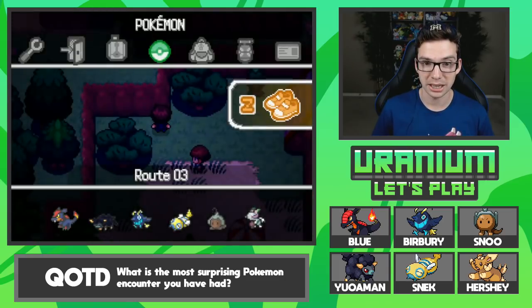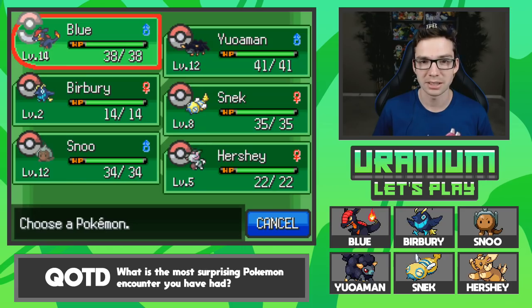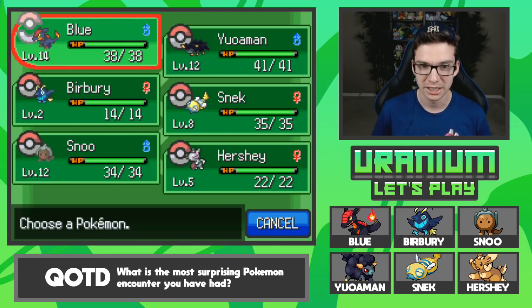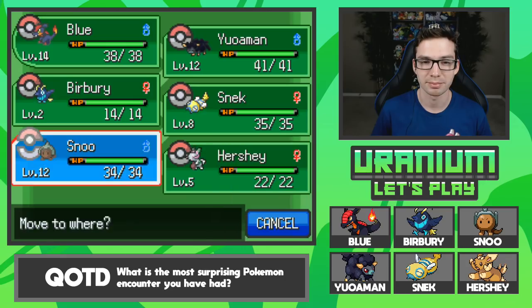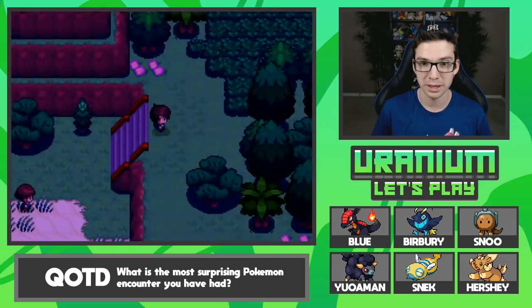And the third thing is, actually there's 4 things. One, in the process of testing out the speeding up stuff and making sure it worked, I ended up doing just a couple wild battles. Snake is now level 8, Blue is now level 14. That's really it. And the 4th thing, which you will see when we enter a battle,